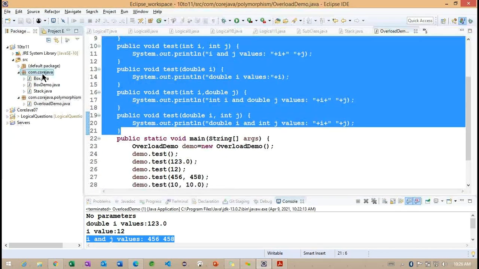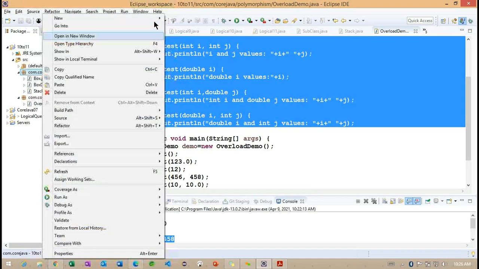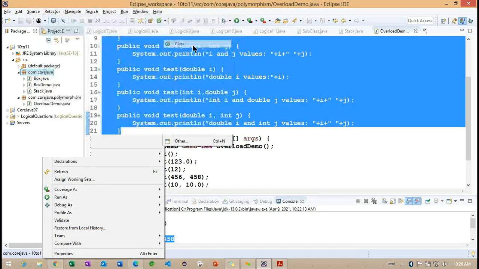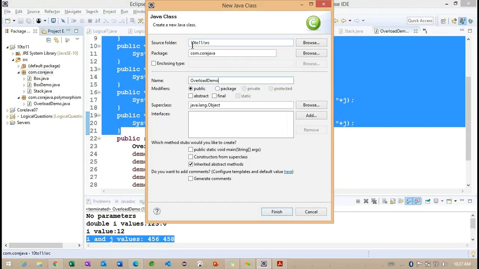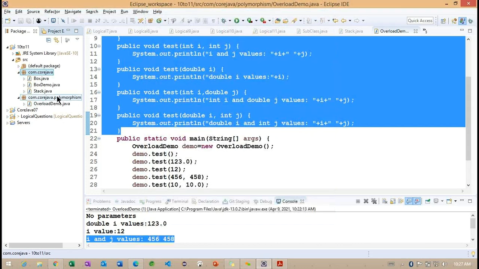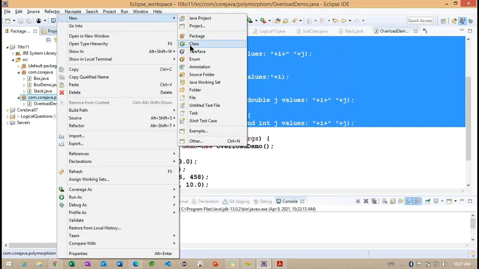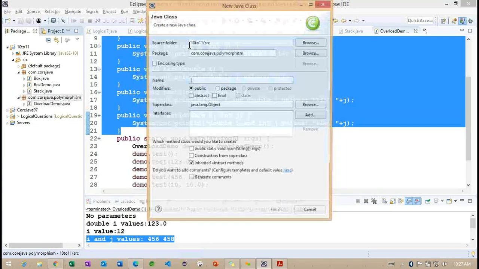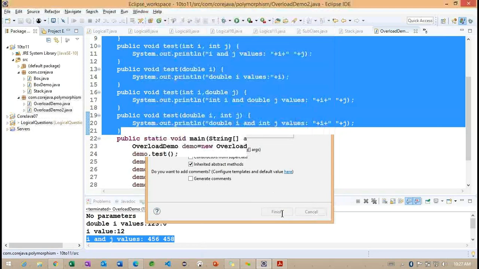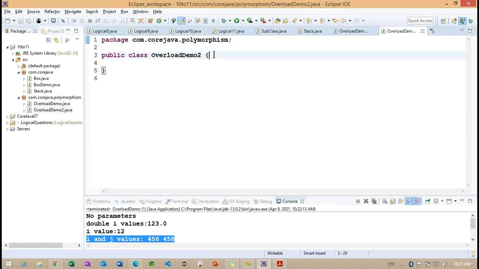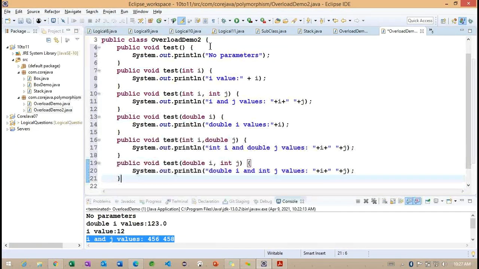Okay, let me take a different class here. I want to create another class, something called overload demo 2. Now I'm defining it here.